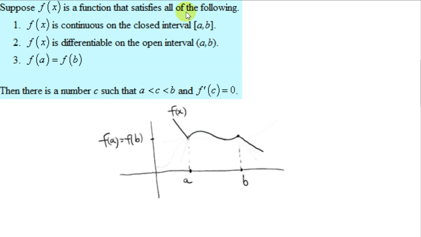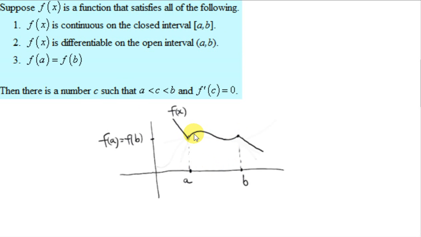Suppose f of x is a function that satisfies all of the following. F of x is continuous on the closed interval from a to b. It is differentiable on the open interval from a to b, and f of a equals f of b. Then there is a number c in the open interval from a to b such that f prime of c